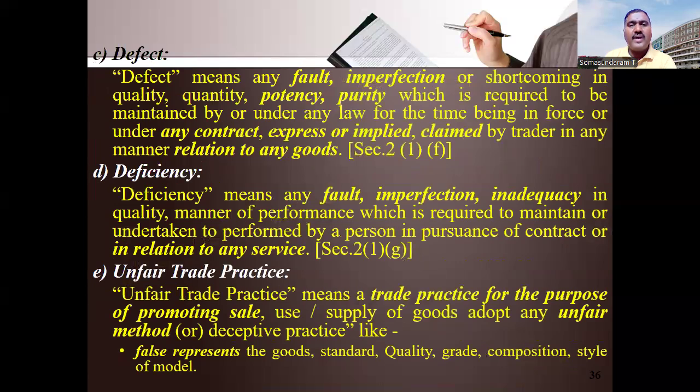The third one: when you're filing a complaint, I have an issue. When you're mentioning that issue, what should it be related to? The issue can be related to many things. One of them is a defect. I purchased some product and identified that there is a defect in the product. That means the product has some damage or some kind of issue. Like I asked for 200 grams and he has given 200 grams, but the packet does not weigh 200 grams. Some percentage of weight is missing because of some damage, or the product is not weighed properly, or some information is missing. This kind of thing comes under defect.